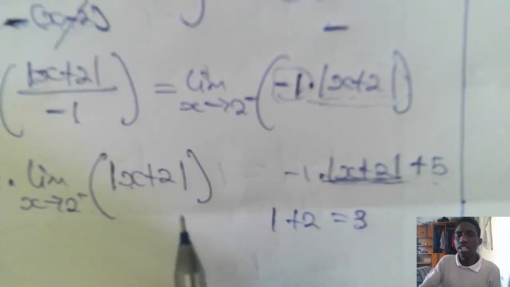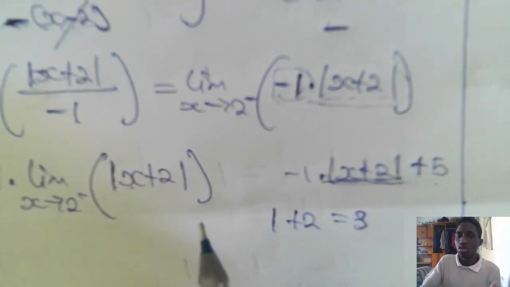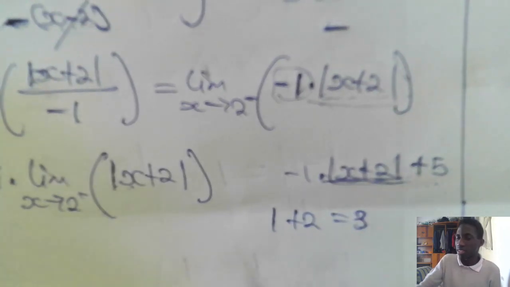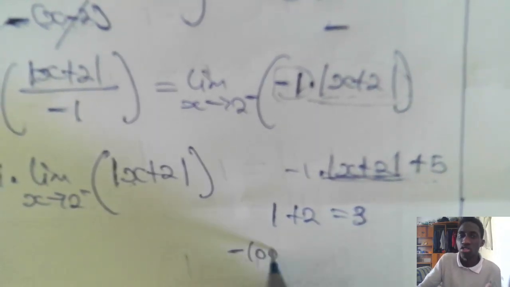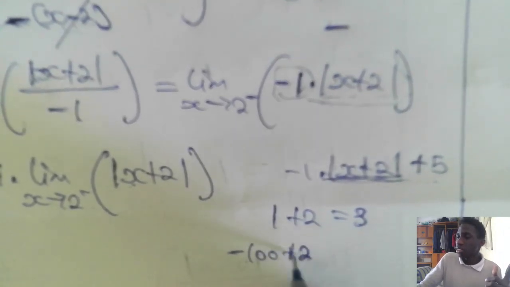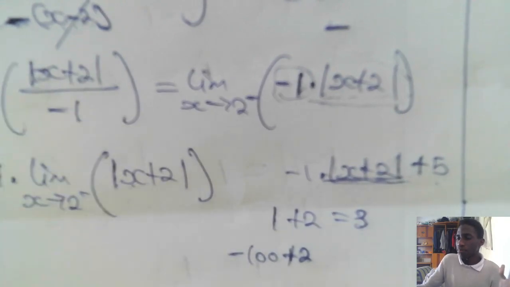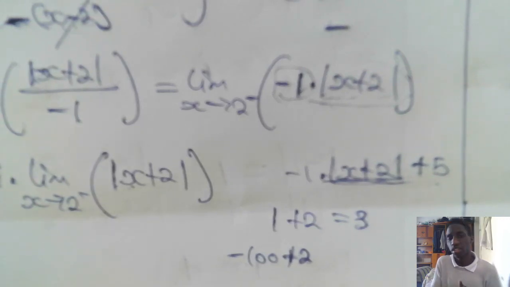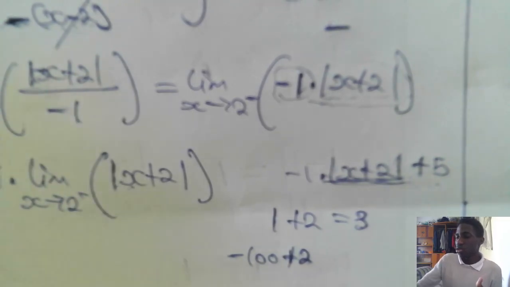Like minus 100 plus 2. Sorry about that. The thing is, why is it numbers less than 2 to add to 2? As we are approaching 2 from the left, we see